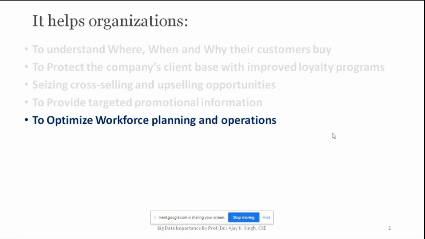Even nowadays, suppose COVID is there, online classes are going on. So the higher authority is thinking, why am I going to hire more employees if a single employee can handle six sections at the same time? What is the harm in doing that? A single person is going to deliver the lecture and six sections are sitting at the same time. So there also they are going to optimize, right?